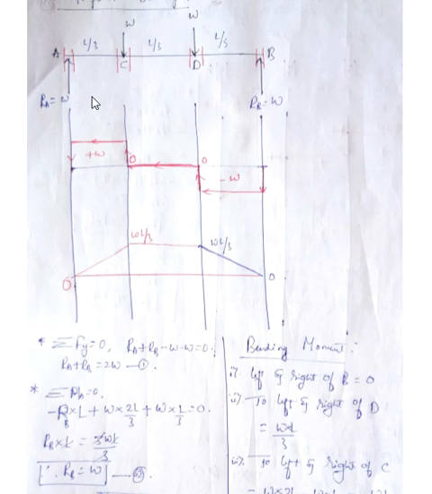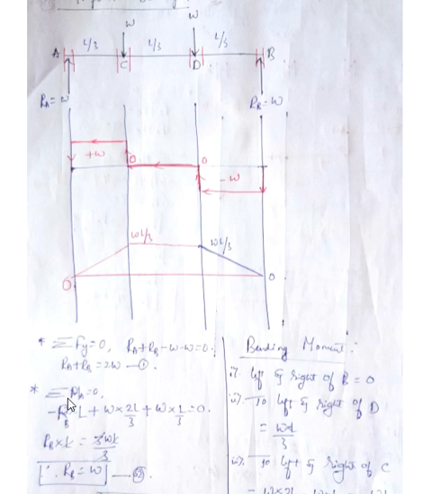Now this is the figure. Again we are first going to use summation of Fy equal to 0. Forces acting upward we take as positive. Ra and Rb are upward forces, so take them positive. The two W's are acting downward, so take them negative. So it becomes Ra plus Rb minus W minus W equal to 0. Taking them to the right hand side, it becomes plus W and plus W, so Ra plus Rb is equal to 2W. Let me call this equation 1.